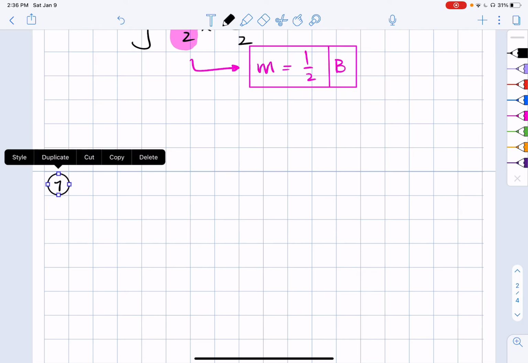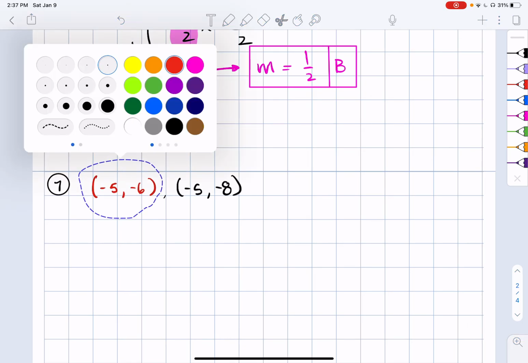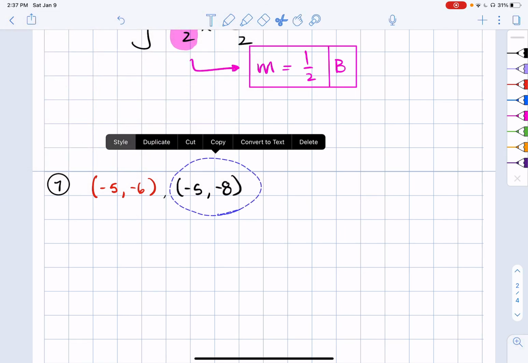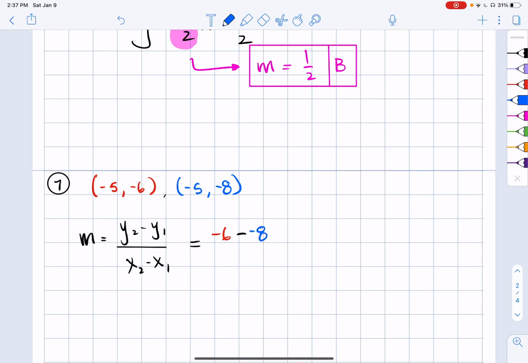Okay. So number 7 is asking for the slope again, given 2 points. I'm given -5, comma, -6, and -5, comma, -8. Here, same thing, I can just say, look, I want to make this red, and I'm going to make this blue, right? So the slope is equal to y2 minus y1 all over x2 minus x1. And I've got to stay consistent, right? So I'm going to have -6 minus a -8 all over